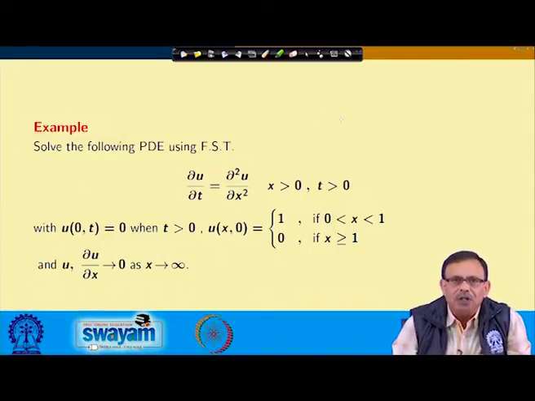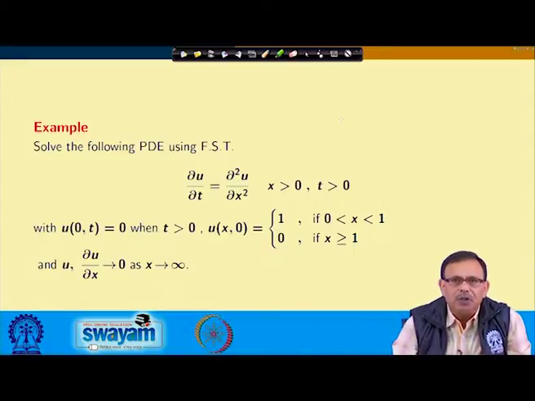Please note that although both x and t range from 0 to infinity, from the conditions we find that ∂u/∂x approaches 0 as x approaches infinity is given. Therefore, it is desirable to use the Fourier sine transform with respect to x, not with respect to t,